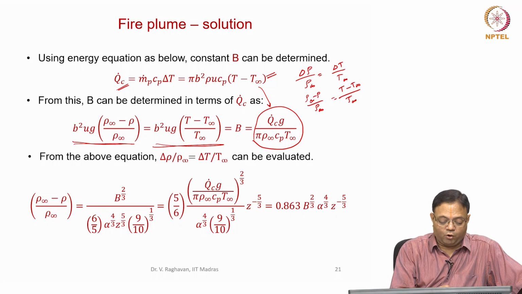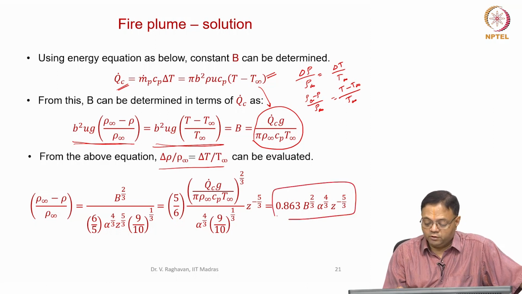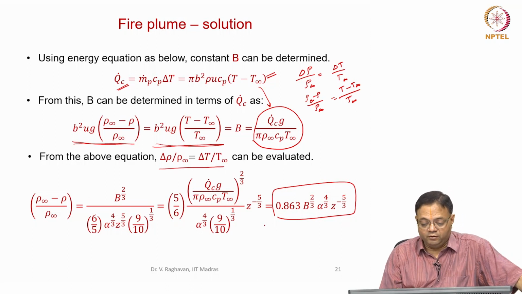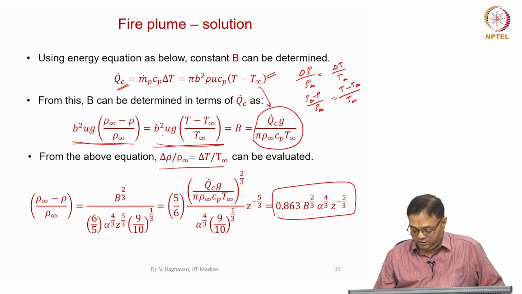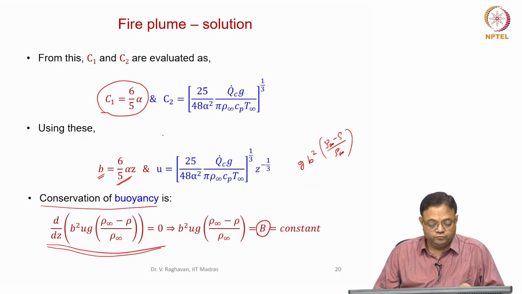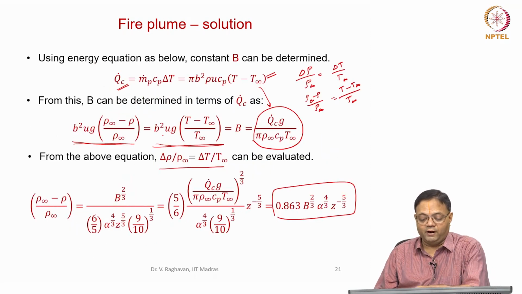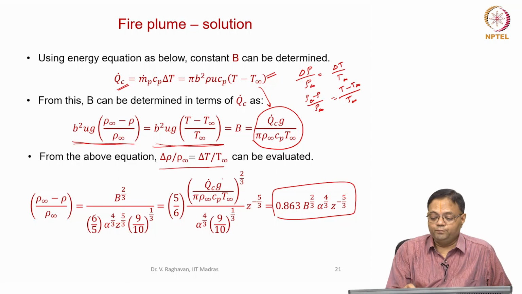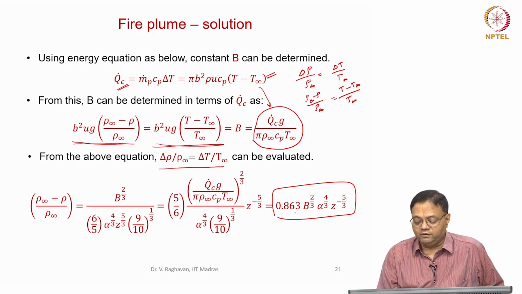Now I can find delta rho by rho infinity, which is equal to delta T by T infinity as this. So substitute these values and simplify, because you know the value of b, which is nothing but 6 by 5 alpha z. Similarly, u is C2 into z power minus 1 by 3. Substituting this, I get the value of delta rho by rho or delta T by T infinity as 0.863